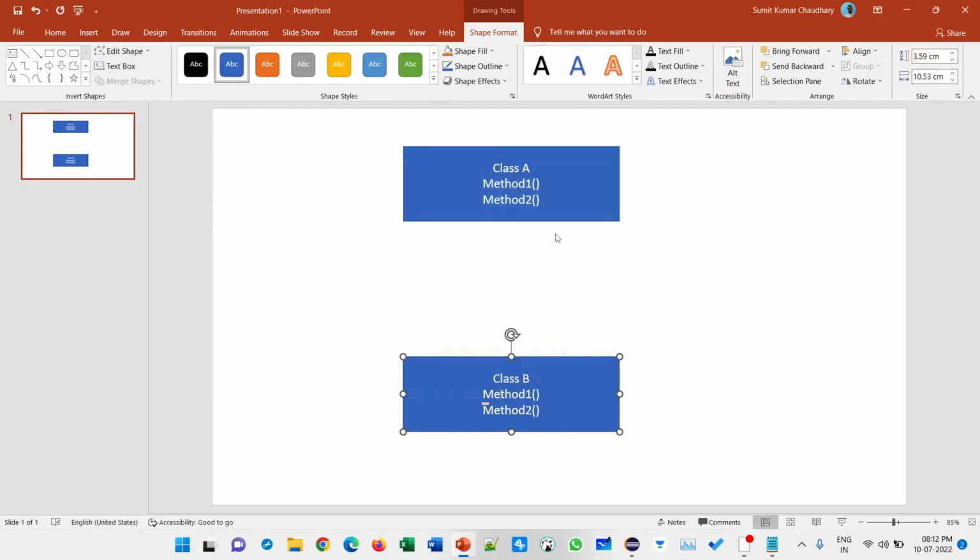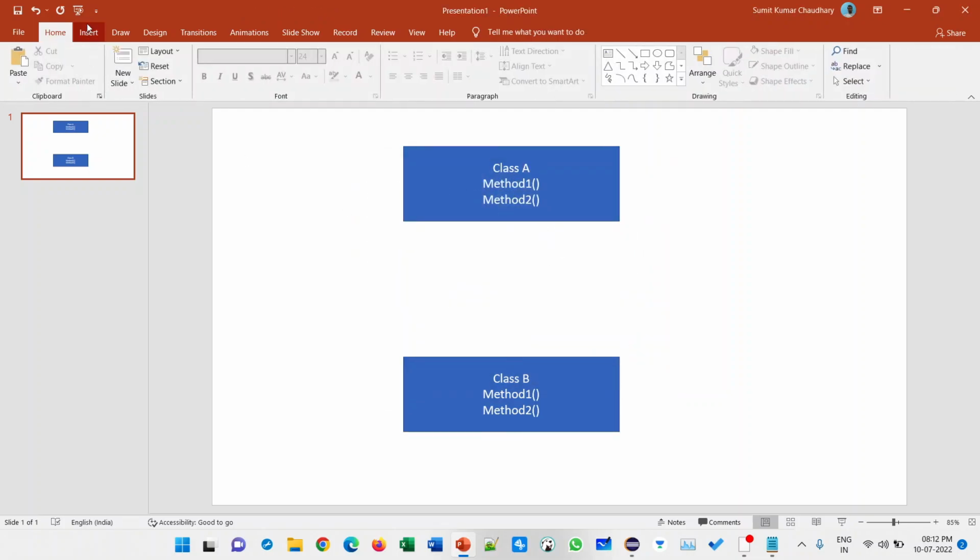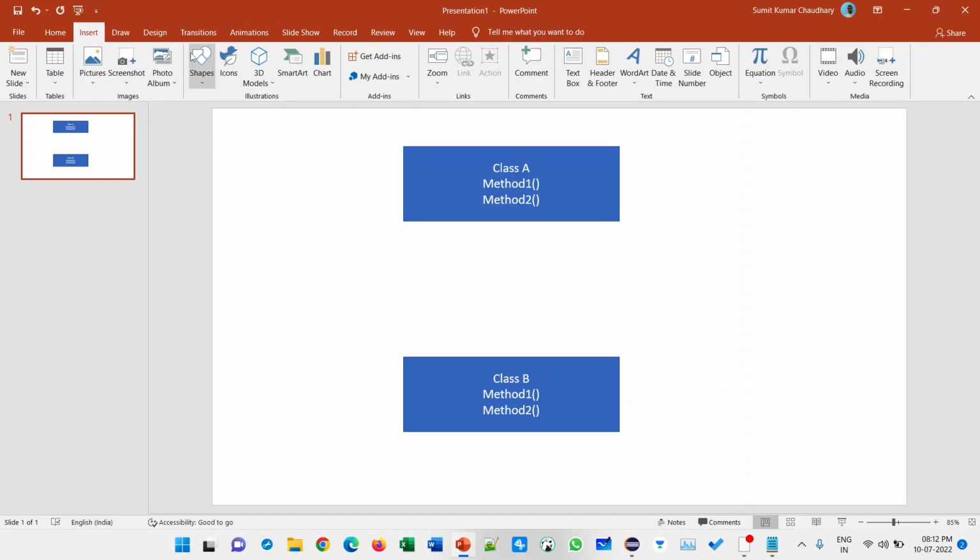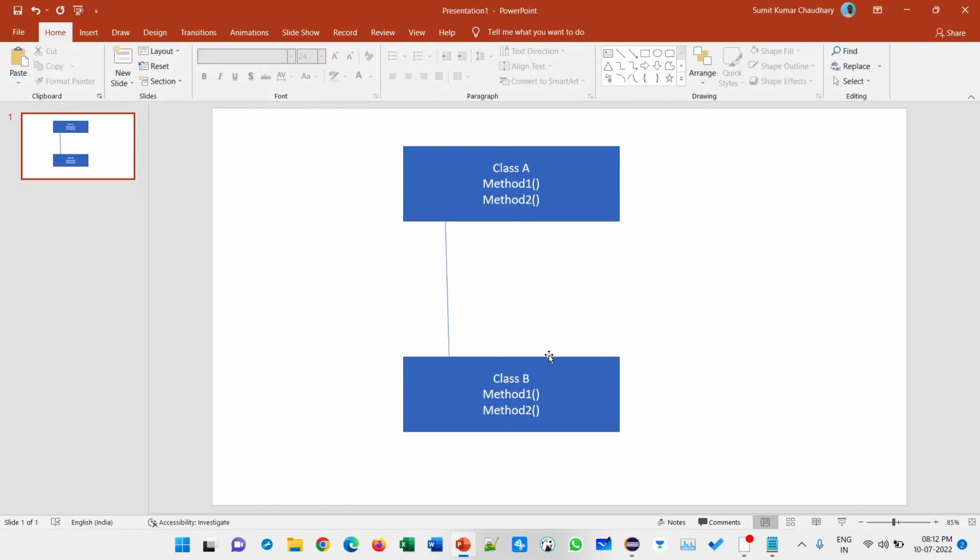Now as soon as we make a connection between both classes with the help of the extends keyword.